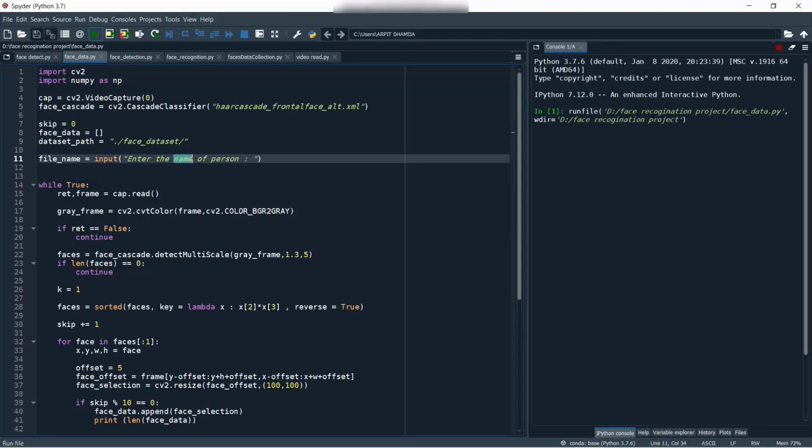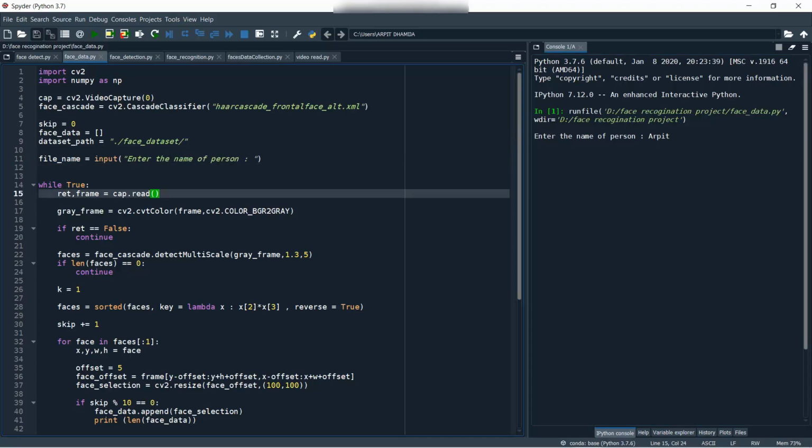So when we play this file, then in this console, you can see that here it is coming like "enter your name", like enter the name of person. So when I write my name here like this and press enter, then the camera will open. Okay. So as of now, I'm just stopping this program. We'll do this later. Okay. So I've just shown you how it appears in the console. Okay. So let us move further.